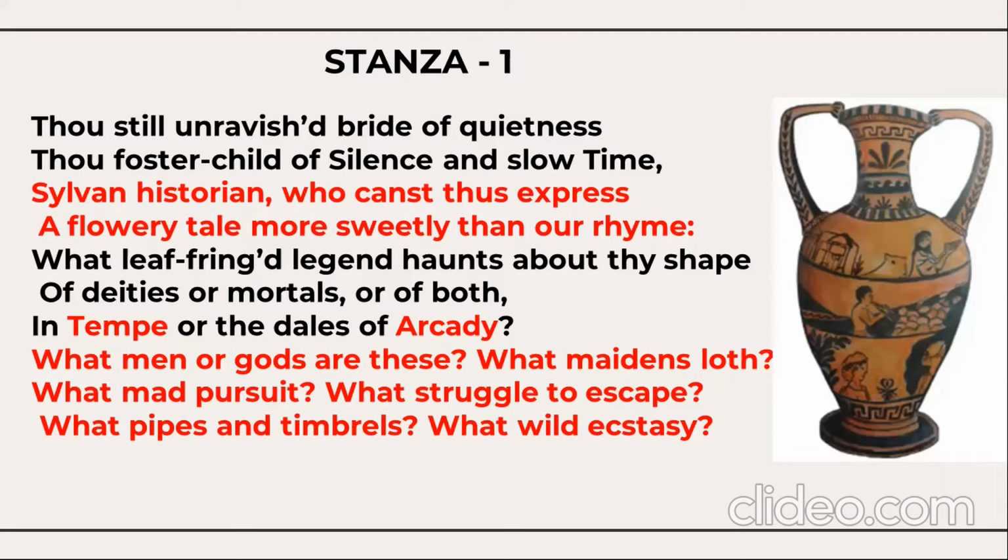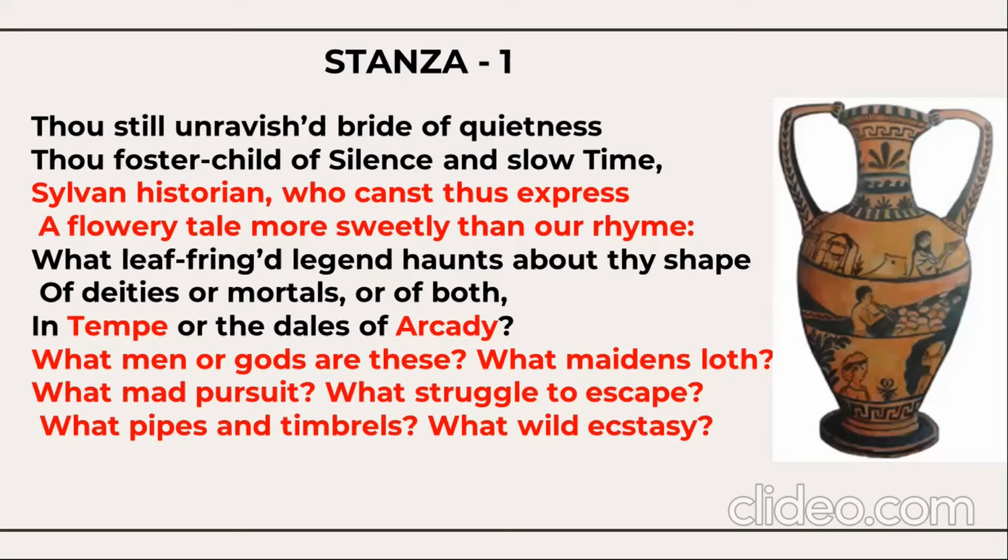Let me recollect. The poet sees a Grecian urn which has not been affected by the power of time. It has been lying silently on the lap of time. The urn gives the record of a past age more graphically than his own poetry. The urn's borders are encircled with garlands of leaves. The poet asks whether the images depicted on the urn are of gods or men or of both,